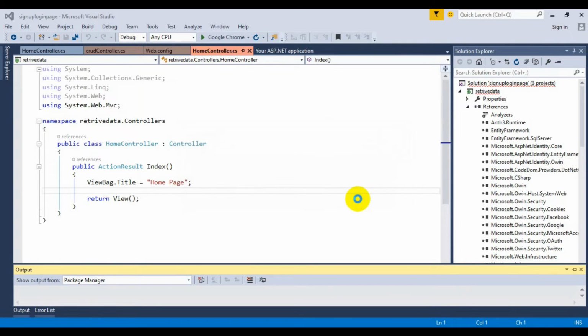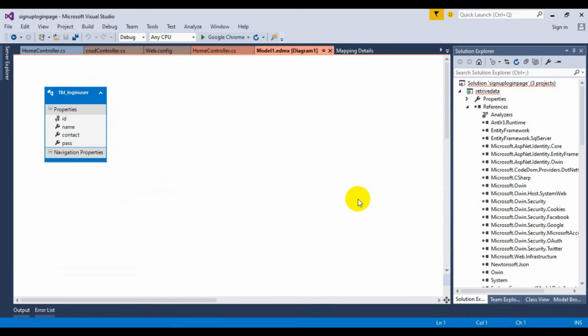Click OK. We have only one table available in our model class. Just build the project again.